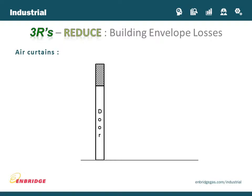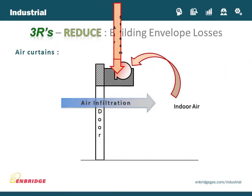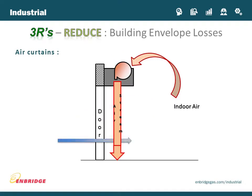Talk about air curtains. That's another way of reduction: reduce the building envelope losses. We all know building envelope losses: you either have too much air going through your shipping doors, too much air going out of your shipping doors, windows, any other example. On the shipping door, for example, there's usually lots of air infiltration because you have negative air. So what people do is they will install an air curtain, which is nothing more than a fan that takes the